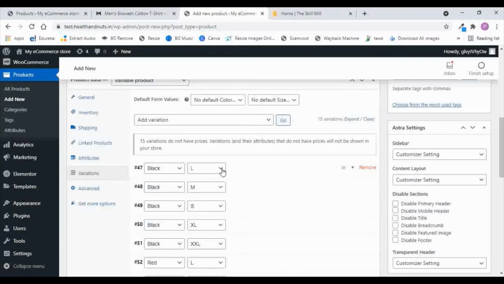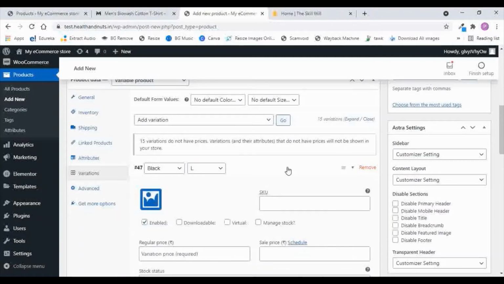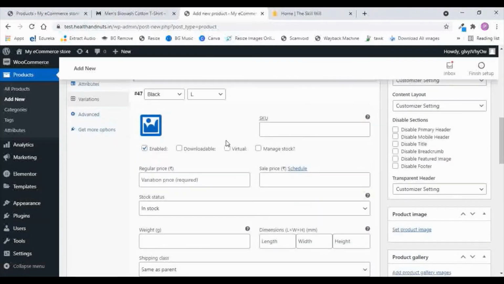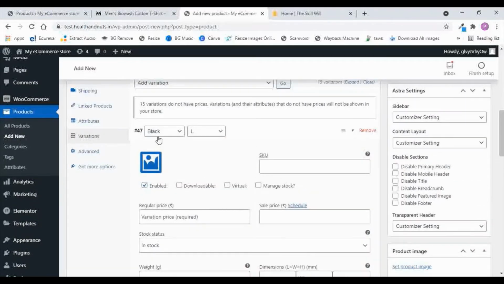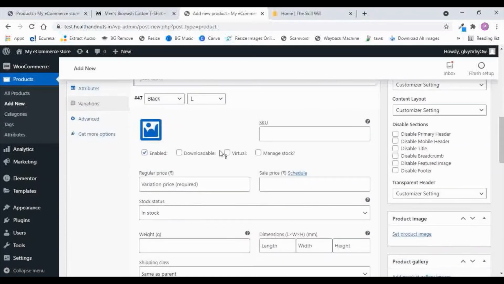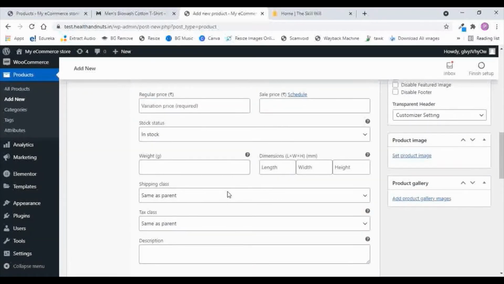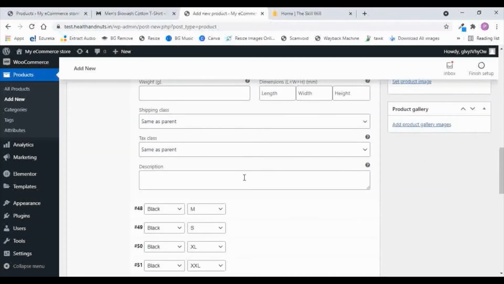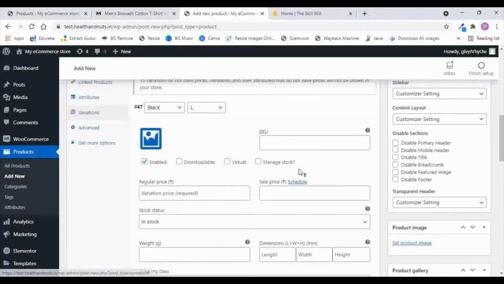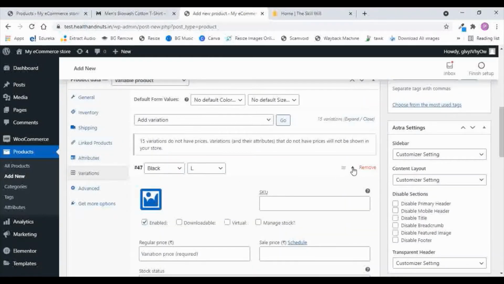So if you expand any of these, you will see that these are the variables. You will see this is a black t-shirt with the size L, and you can configure all the things as a single product also. So what I will do